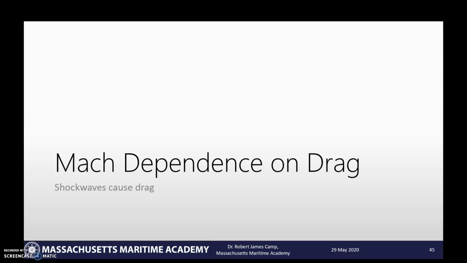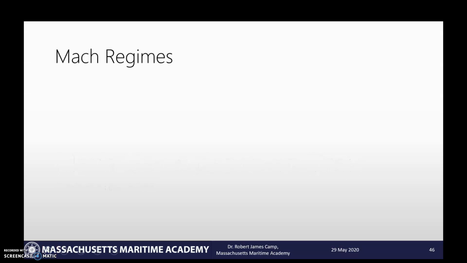So now what we're going to do is talk a little bit about how Mach number has an effect on drag. And this is mostly to talk about what causes drag when we're in certain Mach regimes. If we remember, Mach number is all about where we are in relation to the local speed of sound. And so typically in aerodynamics, we're looking at three separate regimes of the way the fluid